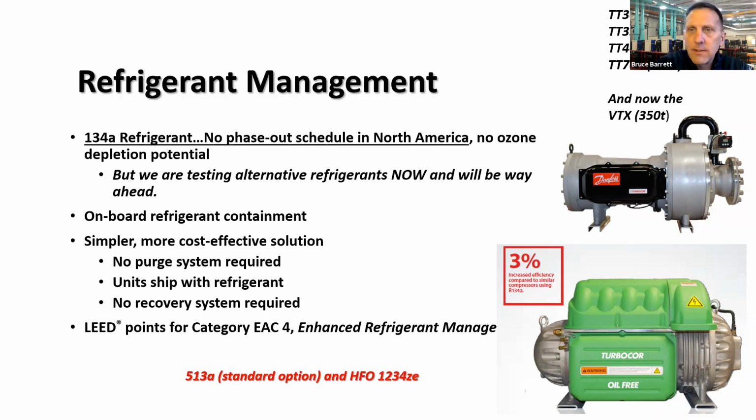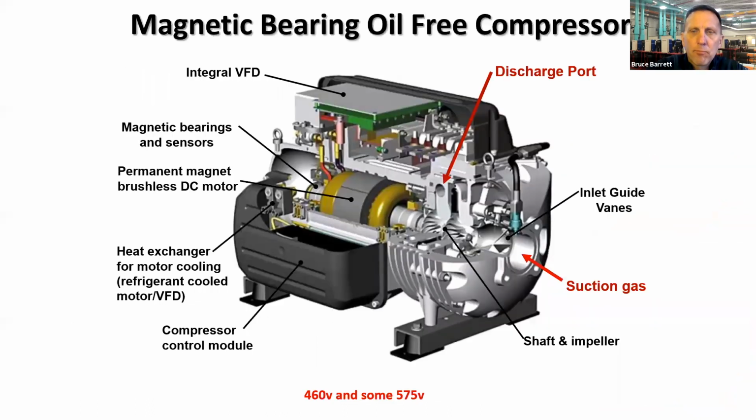Upper right-hand side is the compressor offerings that we have now. Coming out new is this VTX Danfoss compressor. It's about 350 tons. So we're excited about bringing that compressor into the family so we can get larger chillers faster with fewer compressors. There's no purge, and units ship with refrigerant. A typical chiller, you can pump all that refrigerant down into your bundles. You can isolate compressors, pull it off. You don't need a separate container for it. This low refrigerant charge typically gets you LEED refrigerant credits.